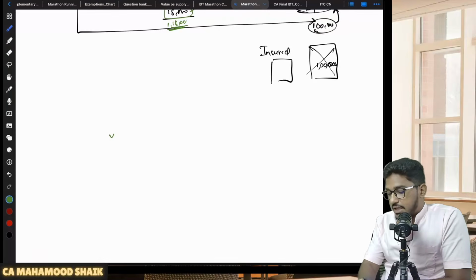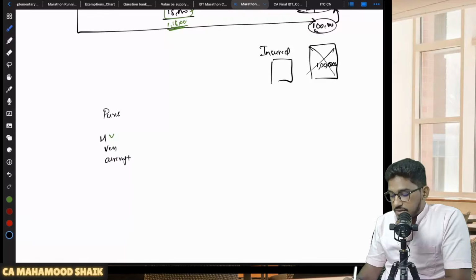So the GST Act is saying, if I am purchasing a motor vehicle, or a vessel or aircraft, and I am not using it for eligible purposes, then ITC is not available. I will do one thing. I will not do the purchase. I will do renting. I will take that motor vehicle, vessel or aircraft on lease. Renting or lease I will do. On that I can take ITC.